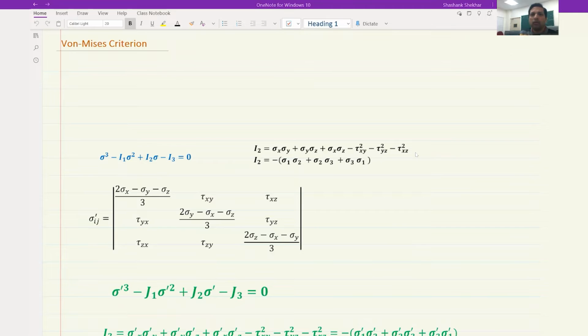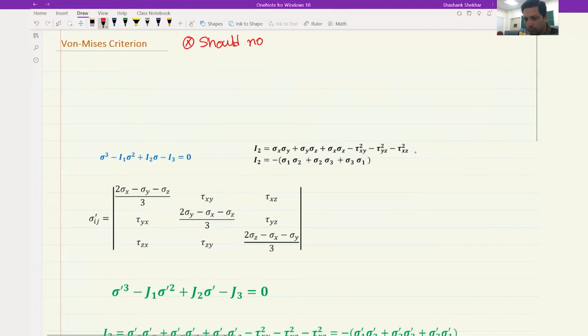Welcome back, students. So we were talking about yield criterions and two conditions, or actually there is one condition that any yield criterion must satisfy, that it should not depend upon hydrostatic stresses. So that is something that we looked at or we realized last time. So the criterion should not be influenced by